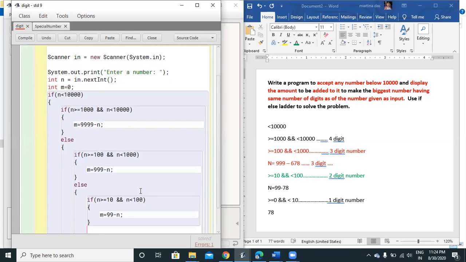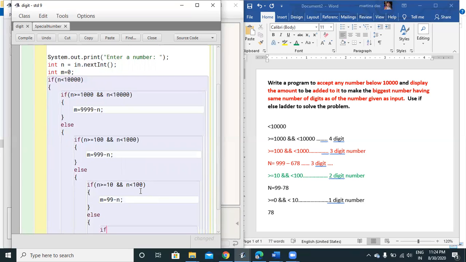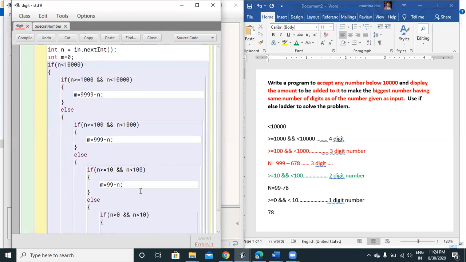Again I specify else. If that is also not true, if the number is greater than 0 and the number is less than 10, then it's a single digit number. So I'll check that m equals to 9 minus n.